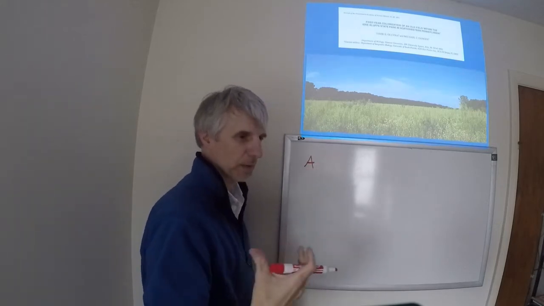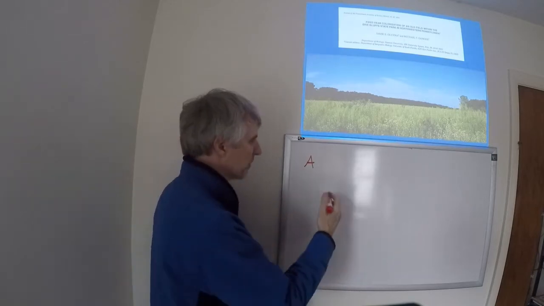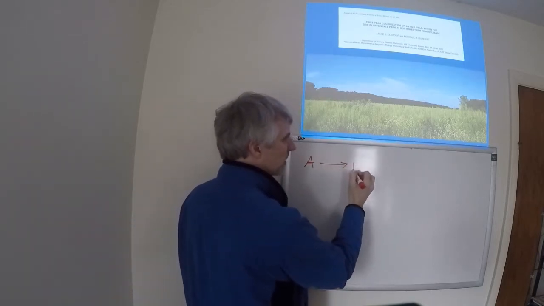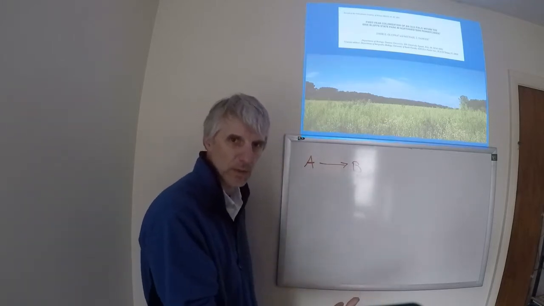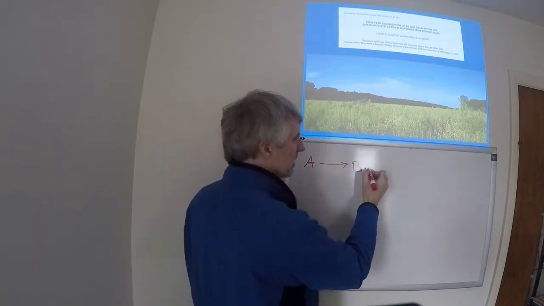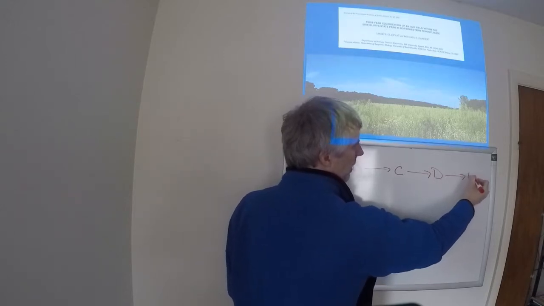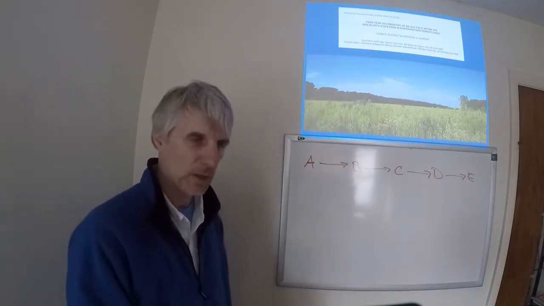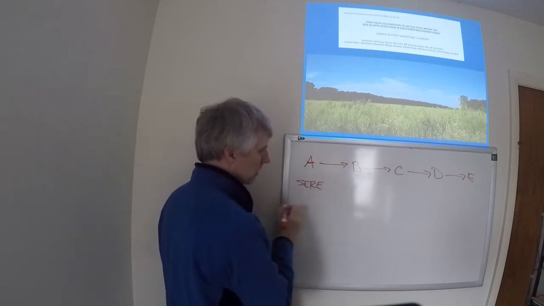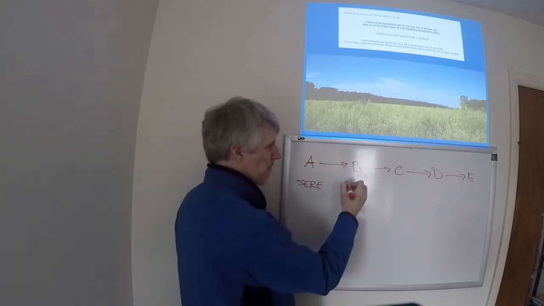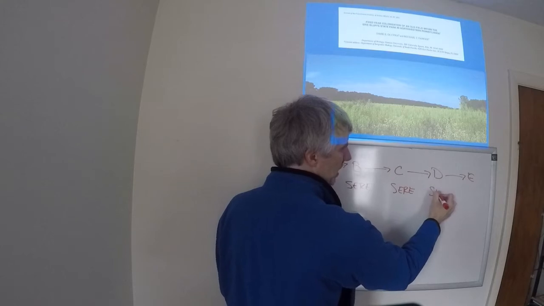This would be a kind of a community type, right, composed of a specific number of species, and that over time the community changes to a different community structure, different composition of species, to a different group, and maybe all the way up to group E. Each of these groups is called a seer. So we have seer A, seer B, seer C, seer D,